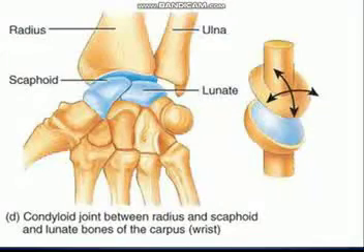In a joint, two bones meet each other and join with the help of a strong tissue. Which tissue? Ligament. Yes. An immovable joint is only present in the skull because the bones are interlocked. In types of movable joints, you learned about ball and socket joint, hinge joint, pivot joint, and gliding joint. Ball and socket joint is present in our shoulder and hip. Hinge joint is present in our elbow, knee, fingers, toes. Pivot joint is present in our first two vertebrae. Gliding joint is present in our wrist and ankle.